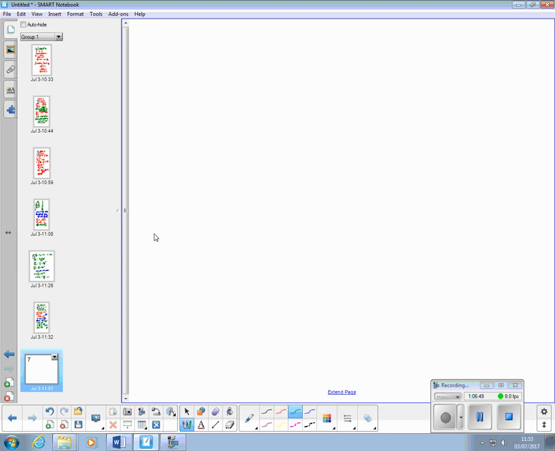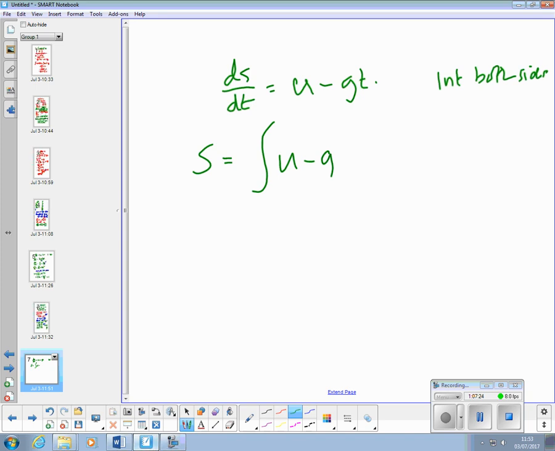So we've got ds by dt is equal to u minus gt. Find a general solution. We've got to integrate both sides. So if we integrate ds by dt, we get, well, hang on, s is equal to the integral of u minus gt dt,